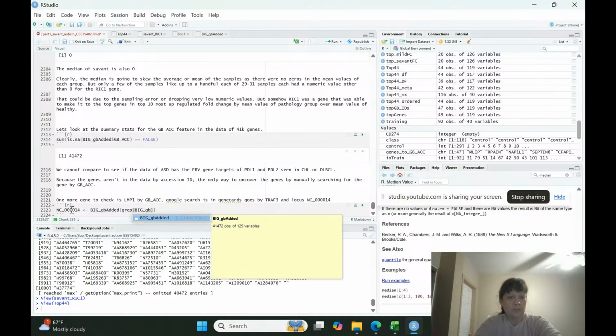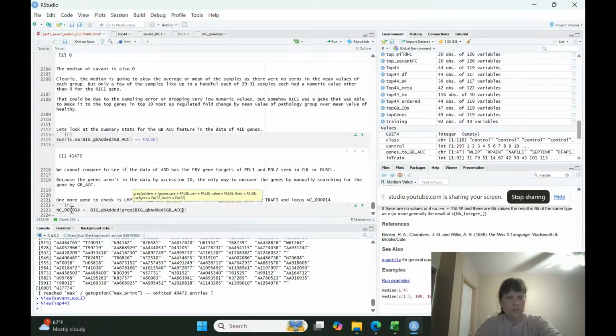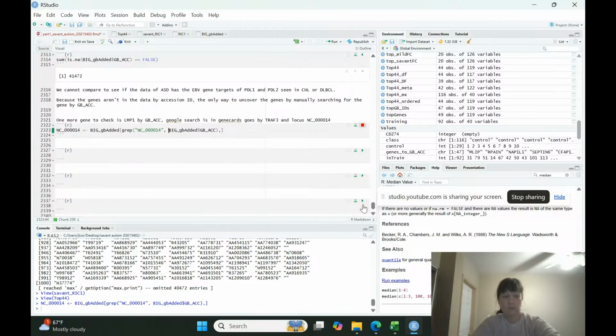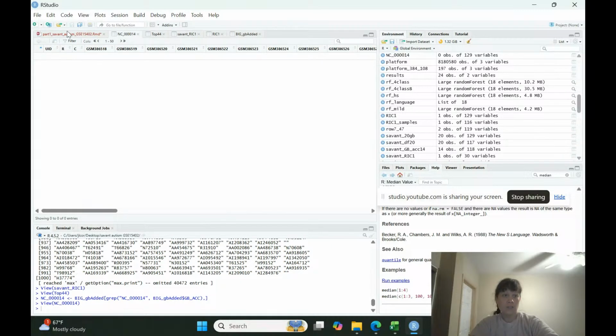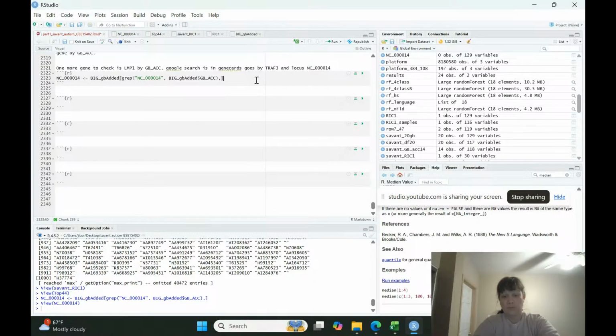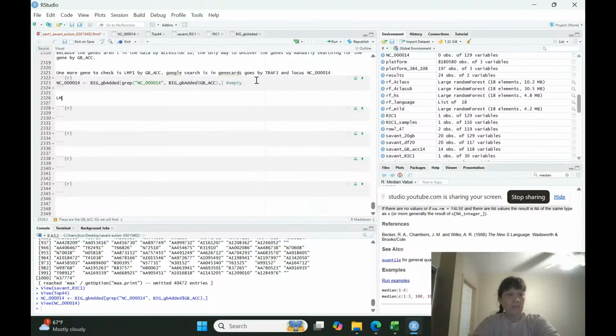Big, added by GACC. Okay. What is it? No. And we're looking for this one. And there is nothing there for that. Okay, so empty. Empty. All right. So LMP1 was a gene in